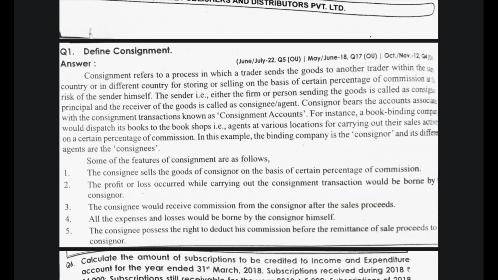The consignee possesses the right to deduct his commission. The consignee has the right to deduct his commission before the remittance of the sale proceeds to the consigner. So these are the meaning and features of consignment you have to write. If you get the question, define consignment, in the short question. Now the next question we have,